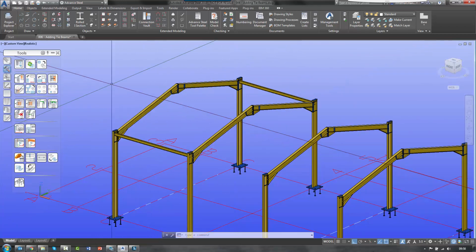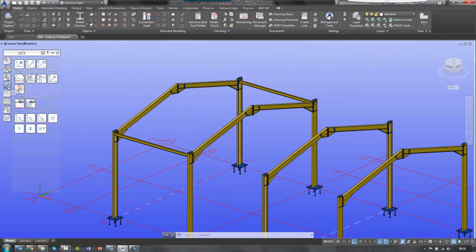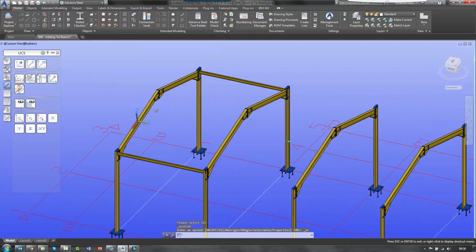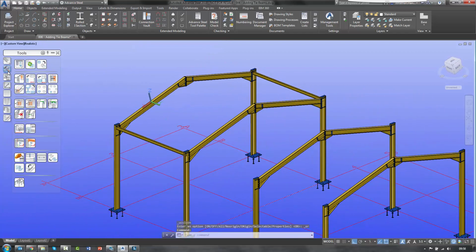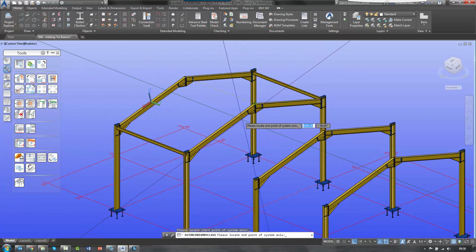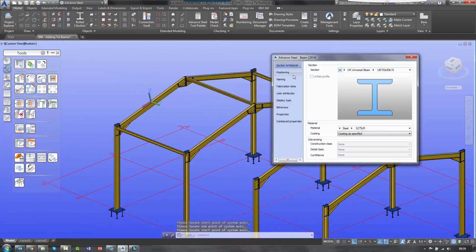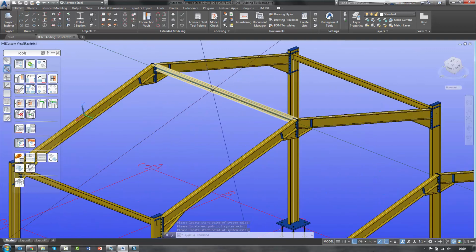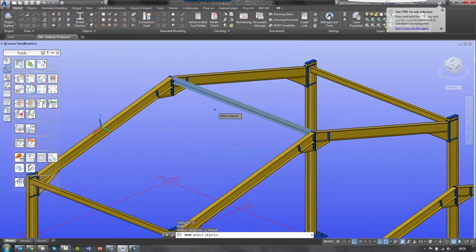To draw the tie beam on the rafter, I'm going to switch my UCS palette and use the UCS at Object tool. I then select my rafter and select the Z direction. That will orientate the UCS to sit on top of the rafter. I then go to my rolled section and draw it from the apex to the apex. Again, set the model role to beam, and I'm just going to use a simple move tool. I'm going to move this beam down my rafter